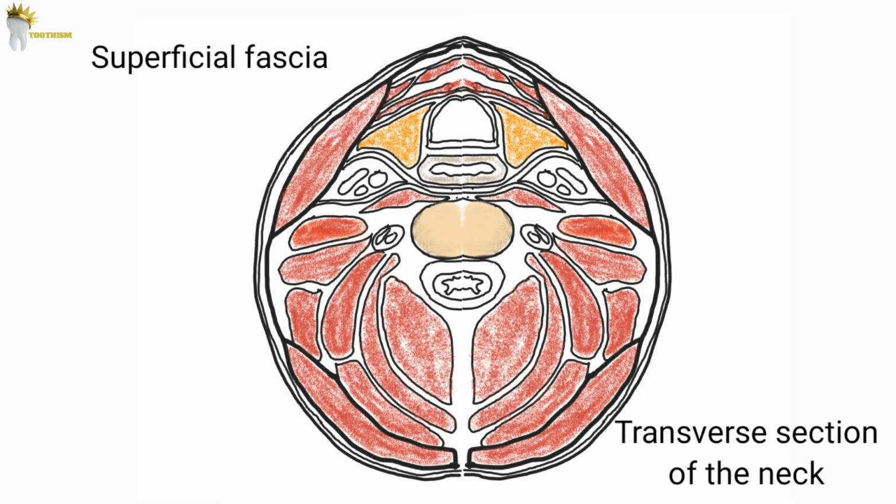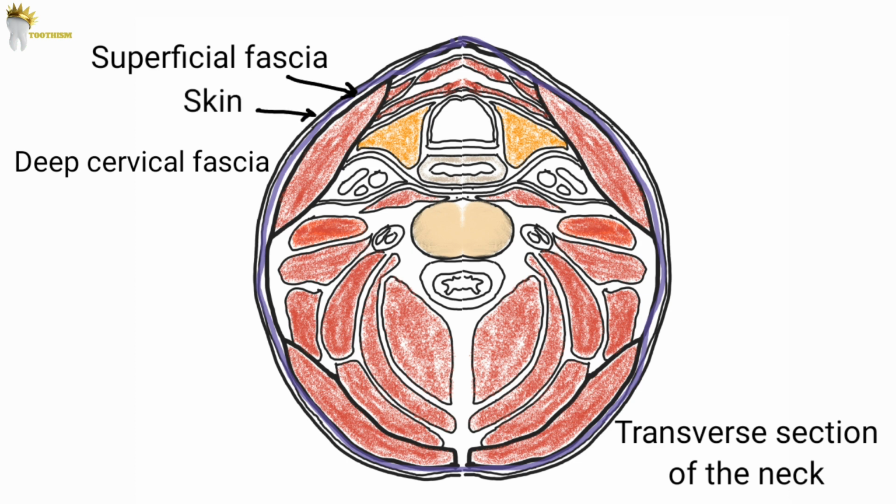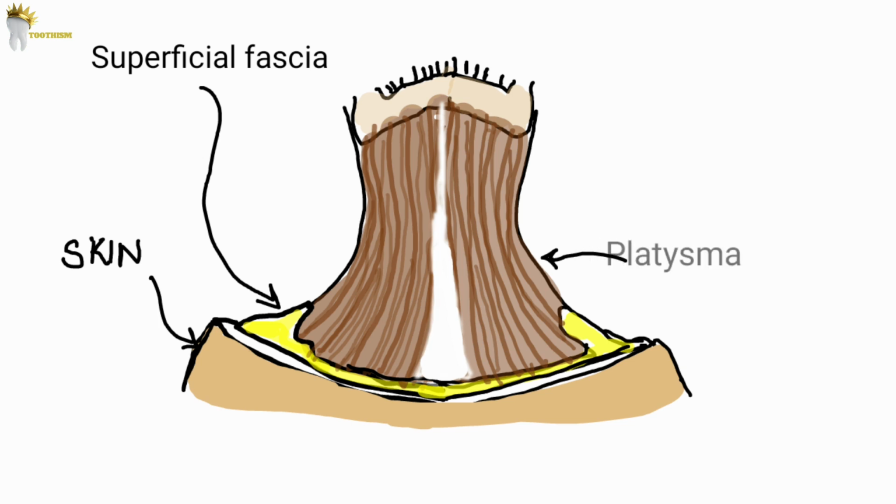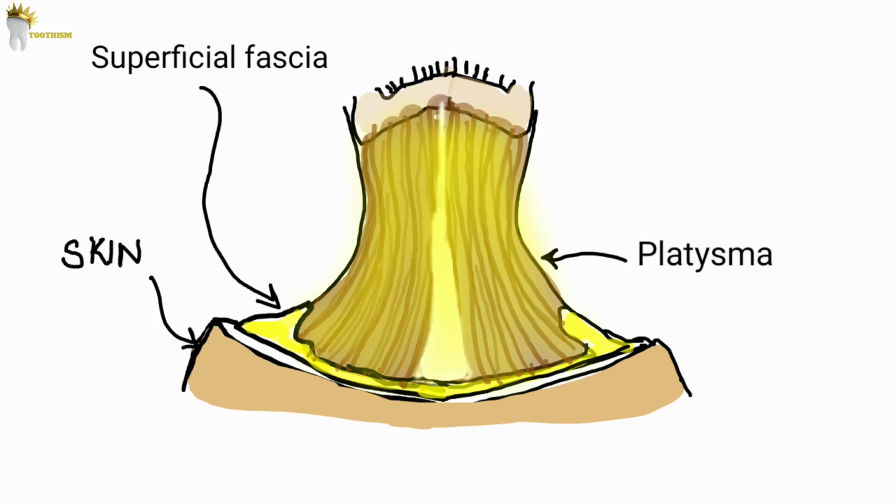In the head and neck region, there is the superficial fascia and deep cervical fascia. Superficial fascia is the layer of dense connective tissue that is found deep to the subcutaneous tissue, and this is not just in the head and neck area, it is present throughout the body. What you should remember is that the superficial cervical fascia blends with the platysma muscle, which is a broad superficial muscle which lies anteriorly in the neck.